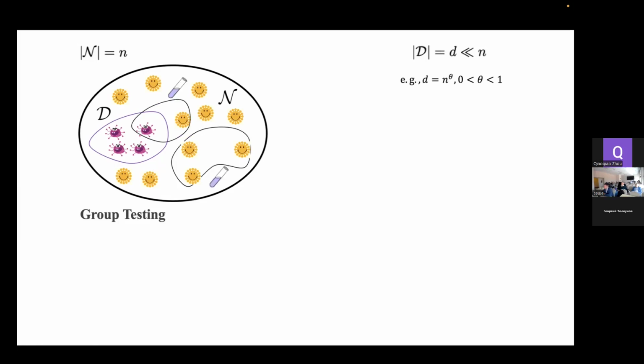Dorfman proposed the group testing idea. Instead of testing them one by one, we can put samples of different people together. For instance, I can put samples from these 2 persons into a single test, or samples of these 3 people into a single test. The test outcome will be positive if at least one of the